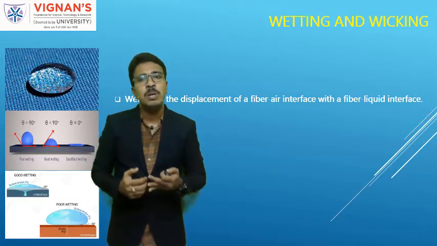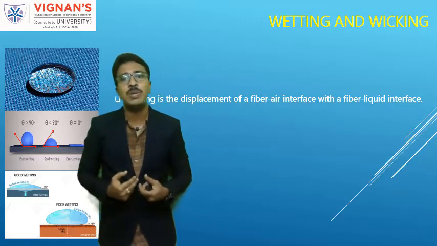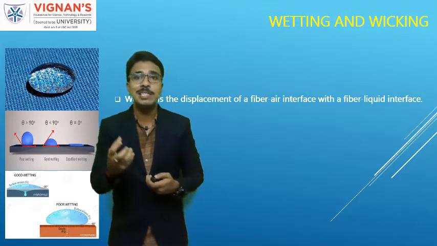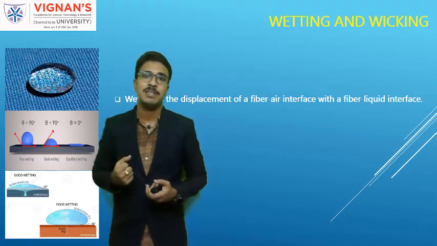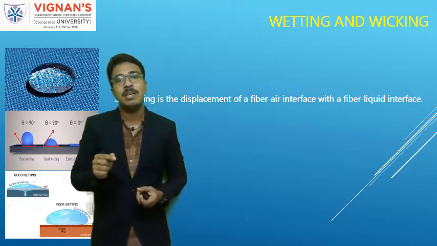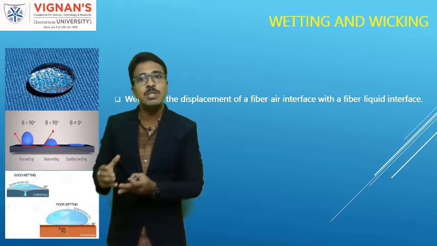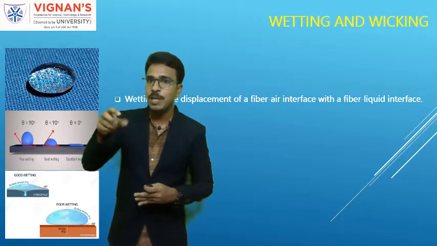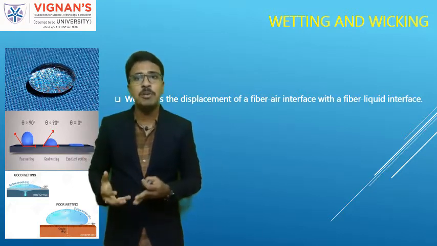In order to make the fabric surface water repellent, what do we need to understand before that? We need to understand how the fabric is absorbing the moisture, or how the wetting is taking place. I think you are getting my point. So the main objective of today's topic is to achieve this water repellency. That means we don't want the water droplet to penetrate inside the fabric. This is our main objective.